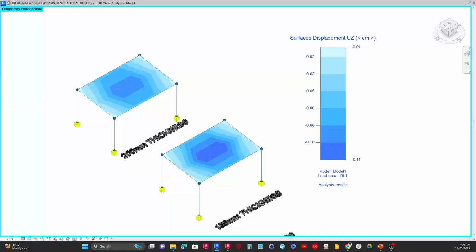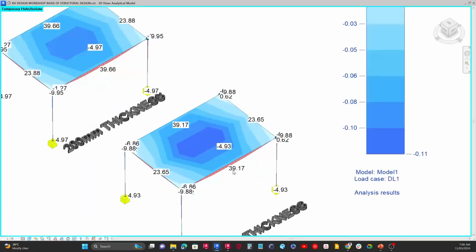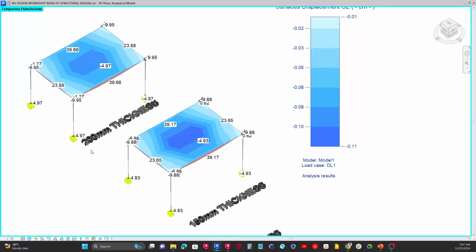And that's why this basis of structural design, I keep emphasizing it, at the end of the day is very vital. If I go over here and look at the moments on the beams, you can see that this one has a moment of 39.17, but this one here has a moment of 39.66. Even though it's quite small, you can visibly see the difference. Also, that may in a way affect the bending on the columns as well. And ideally, it will also end up